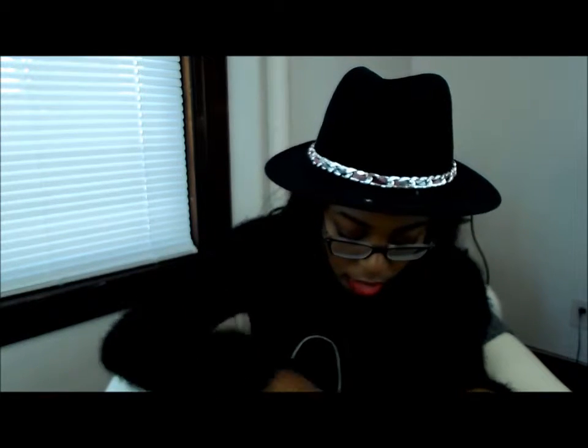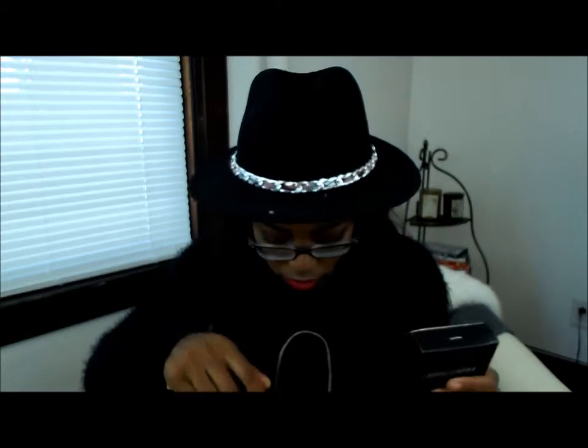I usually will just use leftover highlighter like this and then blend, so that way I don't have to go back. And so yeah, I like that. So I'll put that on over the foundation. And then what I usually do after that is top it with a powder highlight. And lately, the two that I've really been reaching for the most have been Bobbi Brown Shimmer Brick Compact in Sunset Pink, which is one of the newer ones,